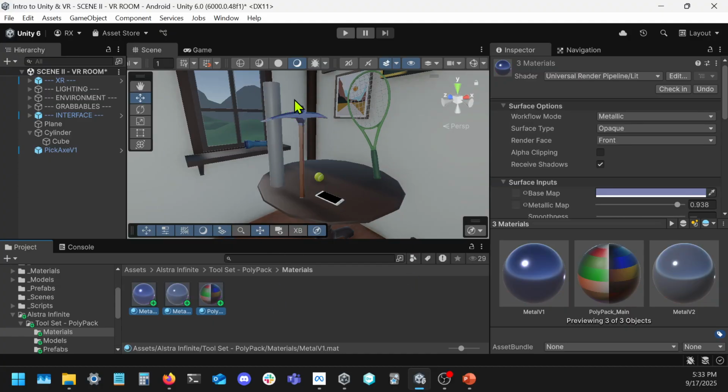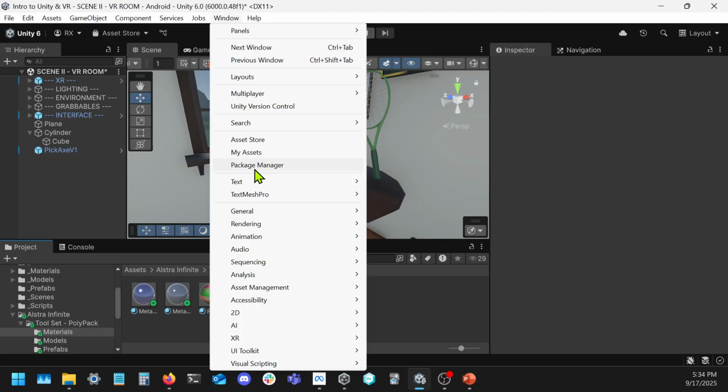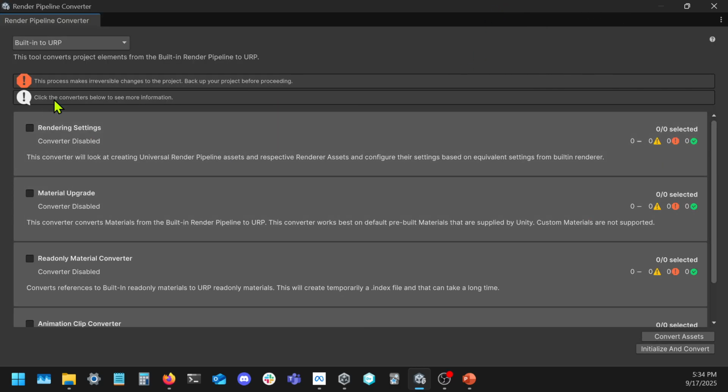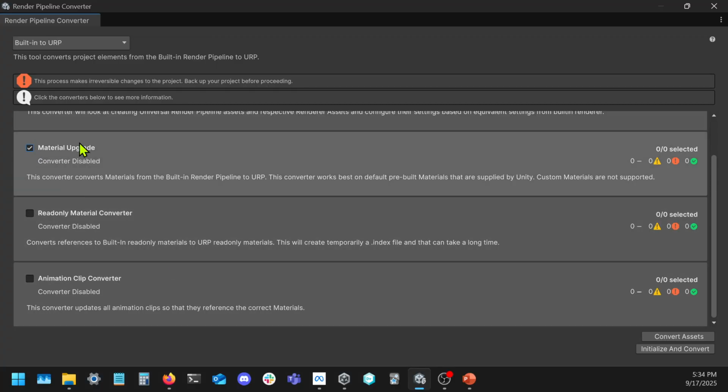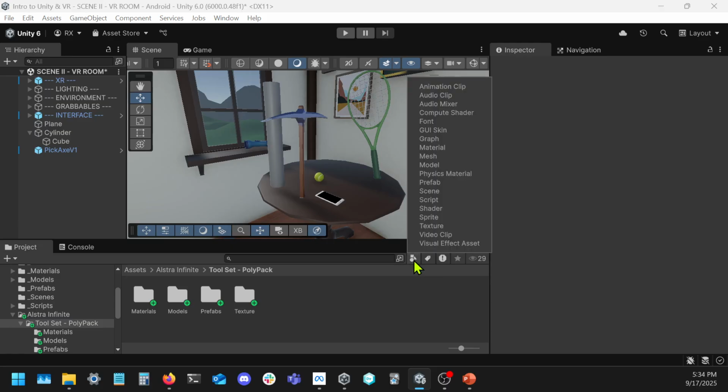And in my case, that worked. But in your case, if it didn't work, the next thing to try is in Window, Rendering, Render Pipeline Converter, which should bring up this window, and do a material upgrade and click Convert Assets. If that still doesn't work, then my suggestion is to try to recreate the materials or use other materials that already exist for that. So for example,